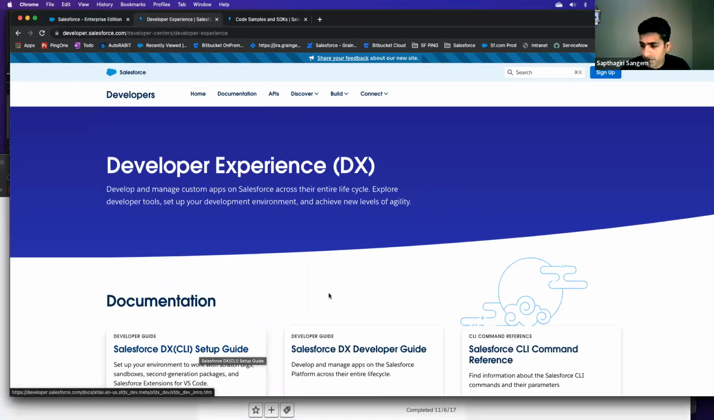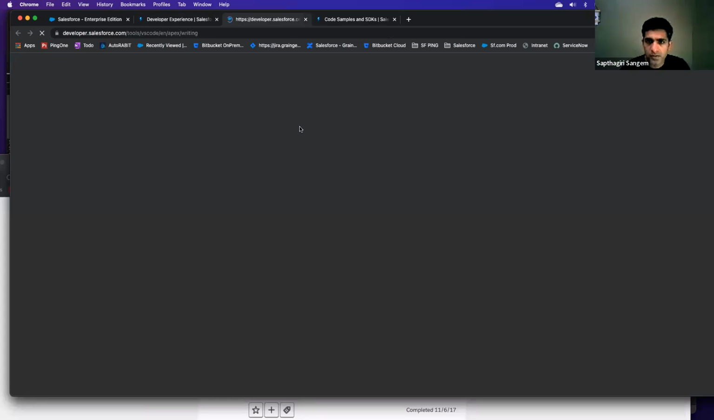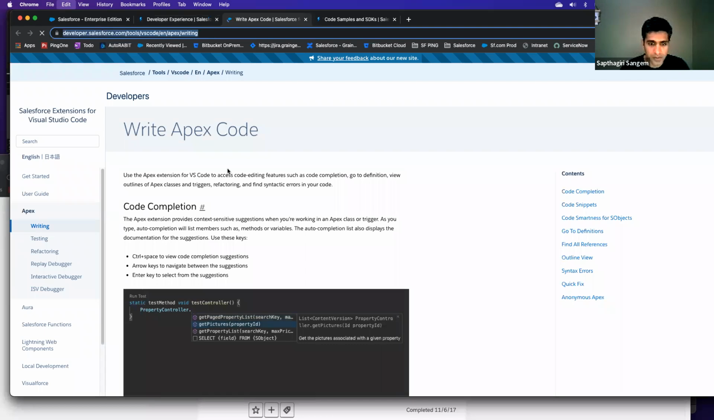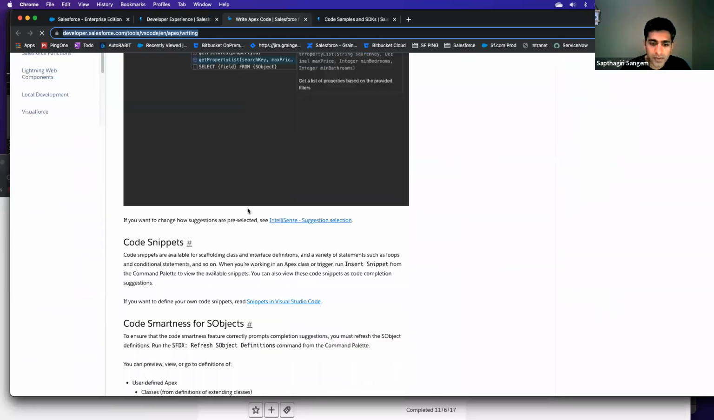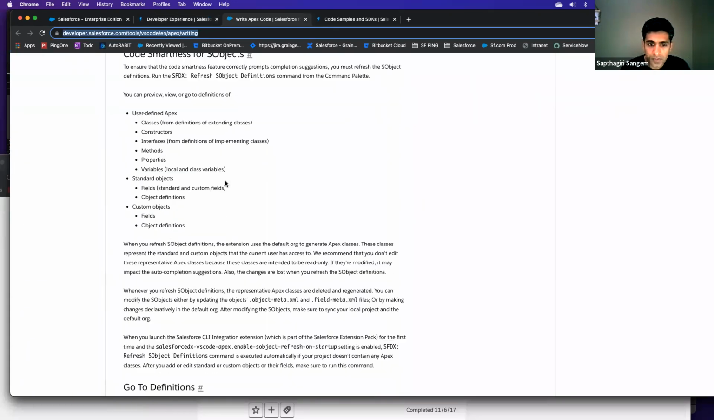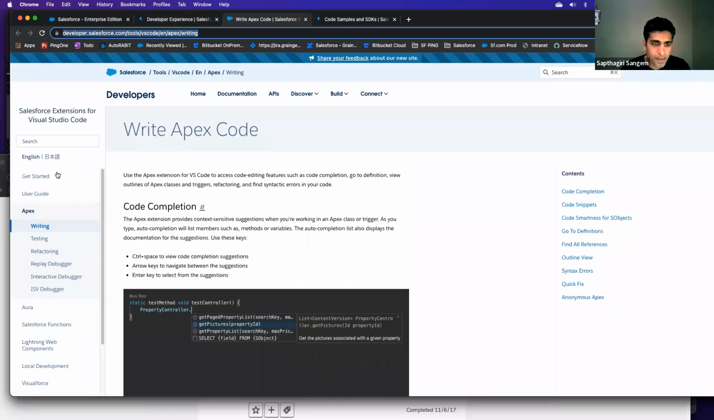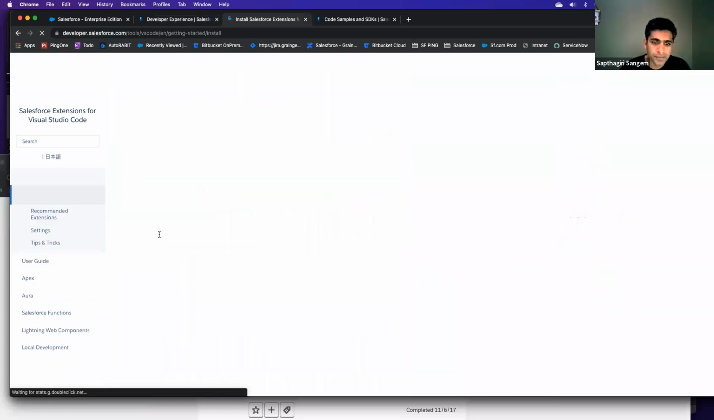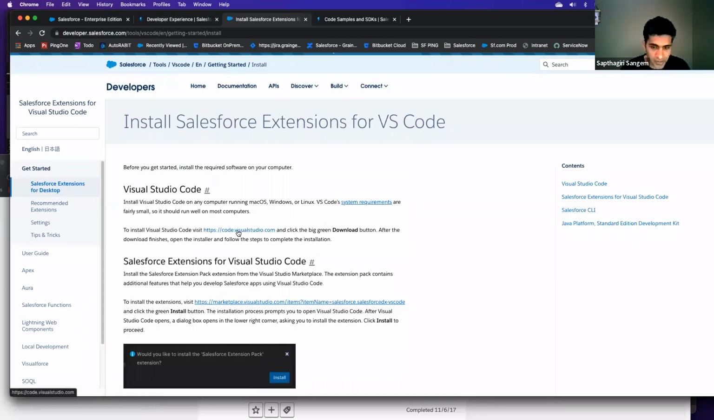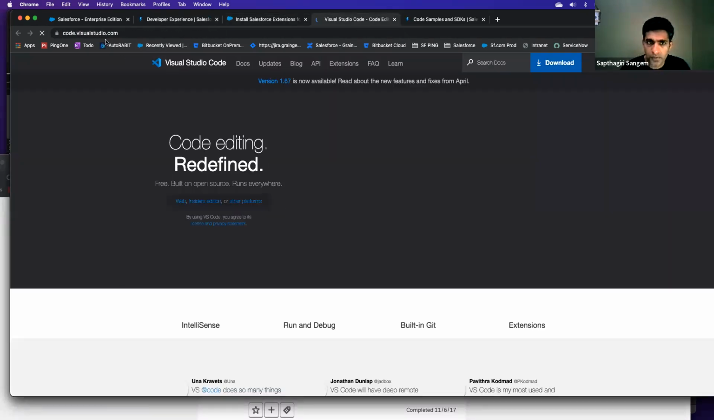Yeah, these are the CLI stuff. Let me see. Yes, I think this one is a good one. If you see here what they are doing, they are installing these things. Here, to install Visual Studio Code, visit this guide. So potentially we'll go here. You will click this link, code.visualstudio.com,